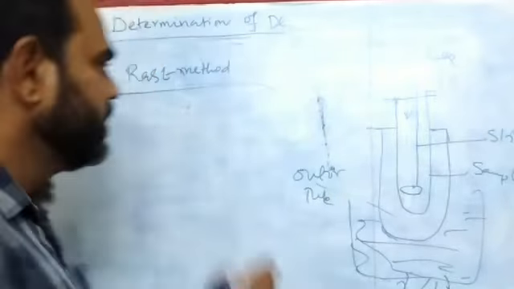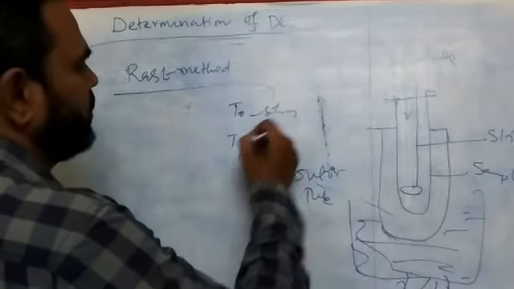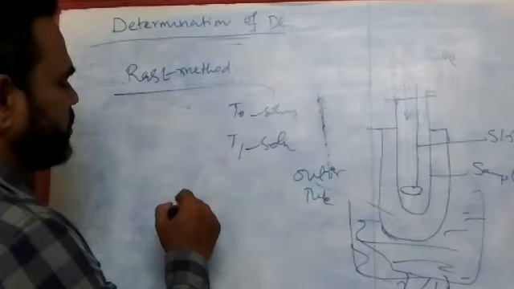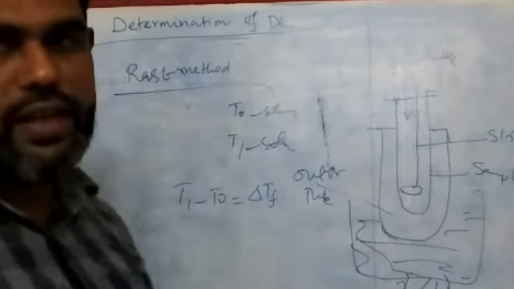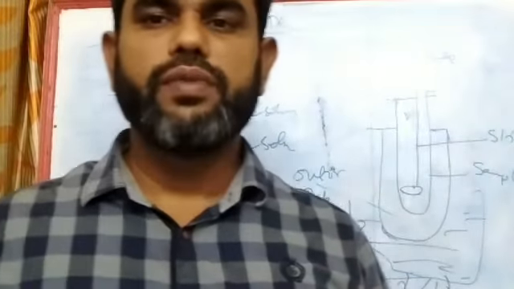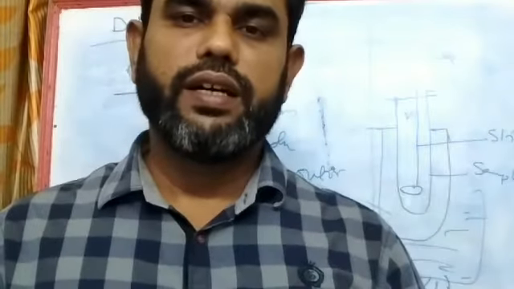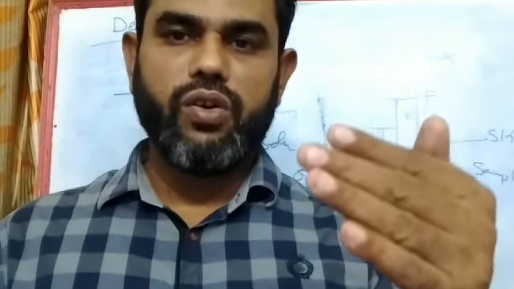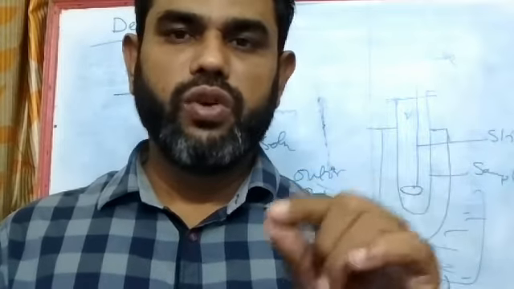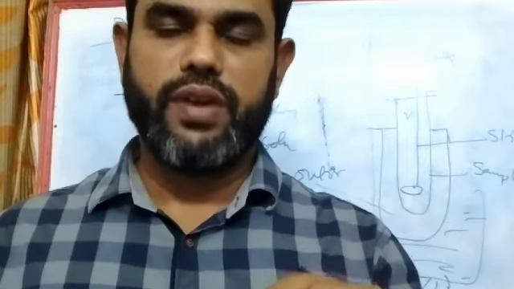So that is to be noted as T1. Earlier this was for the solvent alone, this is for the solution. So T1 minus T0 is noted as delta Tm. The other way, what you can do, is add a little quantity of solute, make it a uniform concentration by continuous heating and stirring, then cool the system. From the liquid state the temperature goes down, and then note down the appearance of the first crystal, which is noted as the freezing point.